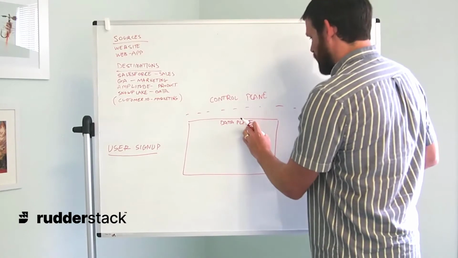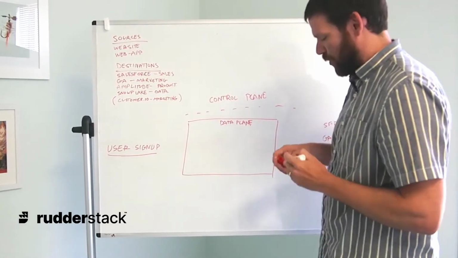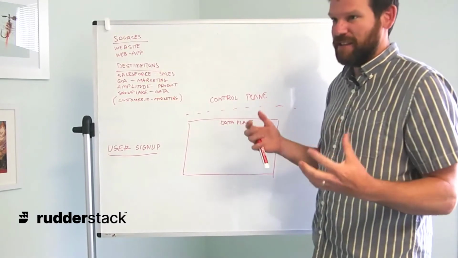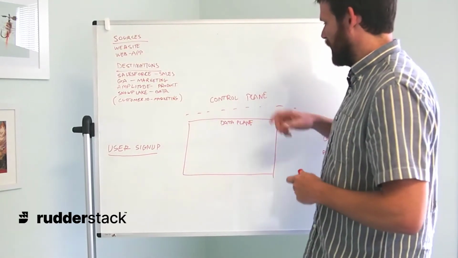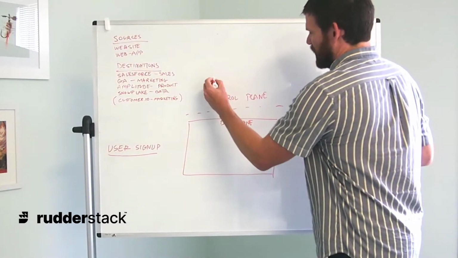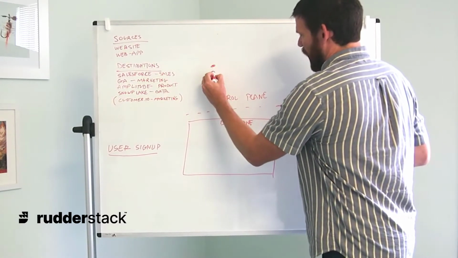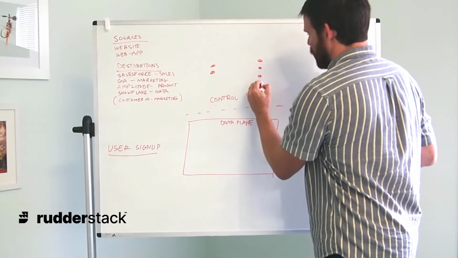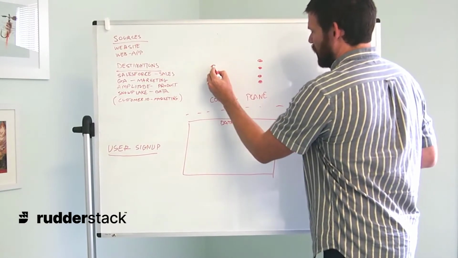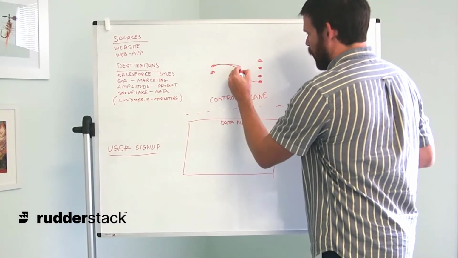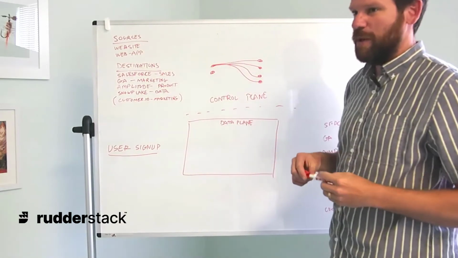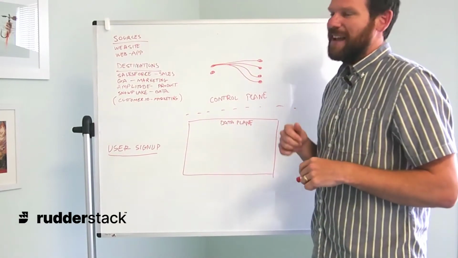This is going to give us control over how our data is handled, where it's handled, and who has access to it. So the control plane is going to be our dashboard. This is where we're going to set up all of the pipelines. We have these various sources and the various downstream tools, and we're going to tell the app where to send these. The control plane is also going to be where we store authentication secrets and settings specific